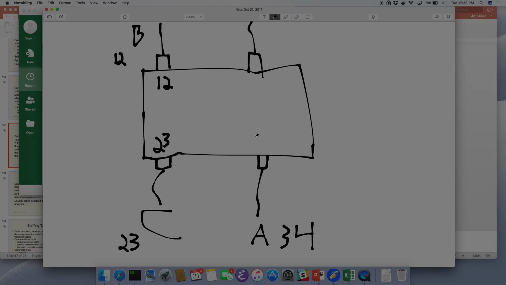Oftentimes, when we think back to the link layer, were there any guarantees about delivery, or that things would get there, or that messages wouldn't be transmitted multiple times? No, there are absolutely no guarantees at the link layer, right? Packets can get lost if the switch gets overrun. You have absolutely no guarantees. So because of that, oftentimes what we can do is we can actually just spoof